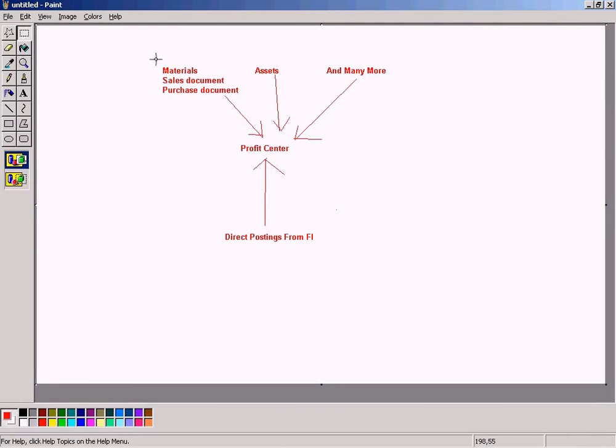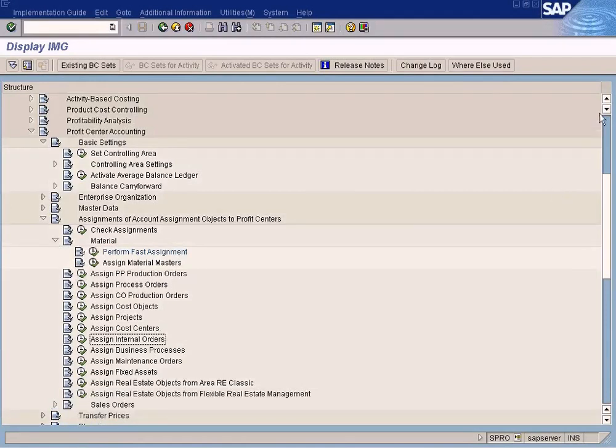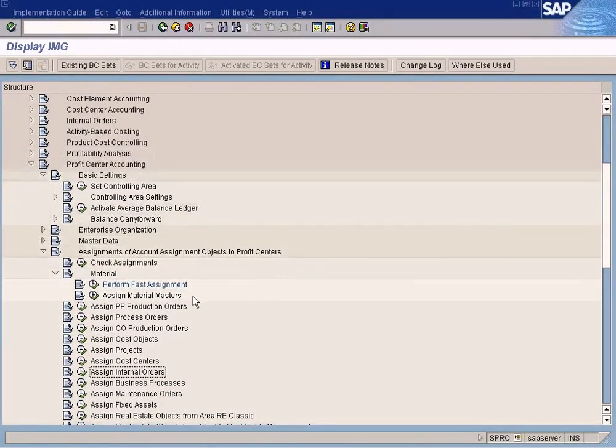But what we need to understand is how the system can post values from sales document and purchase document via materials to profit center. I'm going to show this to you now because this is very important as well. What you need to do is assign profit center to material master first, in the same way like how we assign the profit center to cost center. To do that, you can directly go to MM03, which is a T code